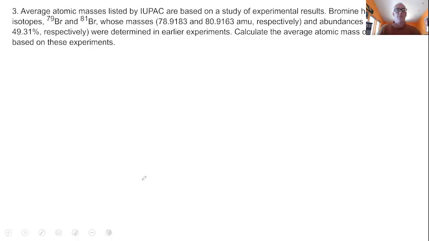Thank you. No problem. So the next one's just on average masses. Do we know how to figure out average masses? Fairly straightforward here. We just take the mass. This is the mass of